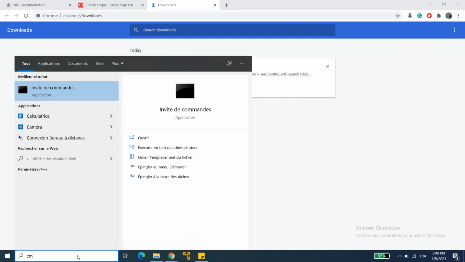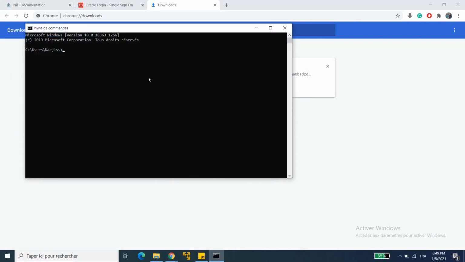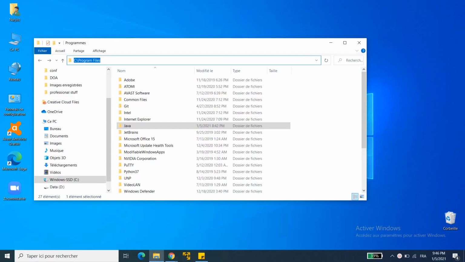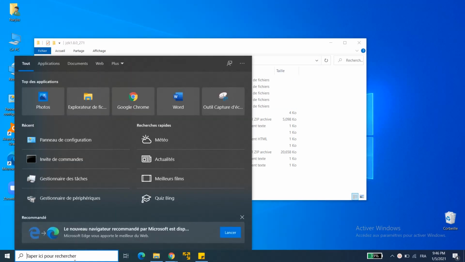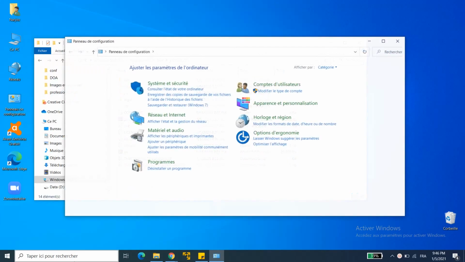Now I'm gonna go and open up the command line, type javac. It says that it didn't recognize this command, and that's because we need to set up our environment variables first. So that's what we're gonna do next. Now we have installed Java under program files. So I'm gonna go there, JDK, and then I'm gonna copy this path because I need it to set up my environment variable. And to do that, I'm just going to the configuration panel, type system in the search bar,